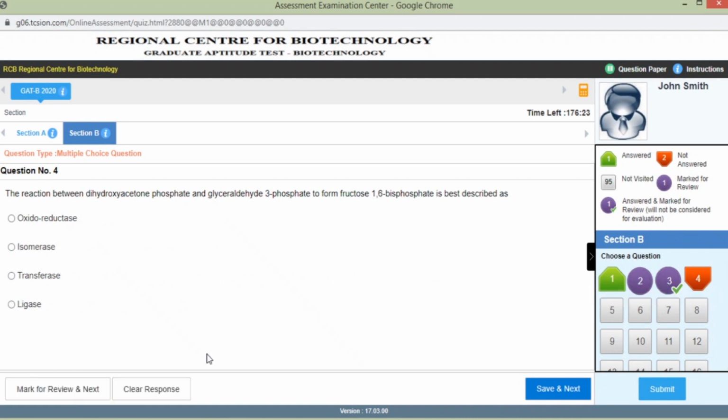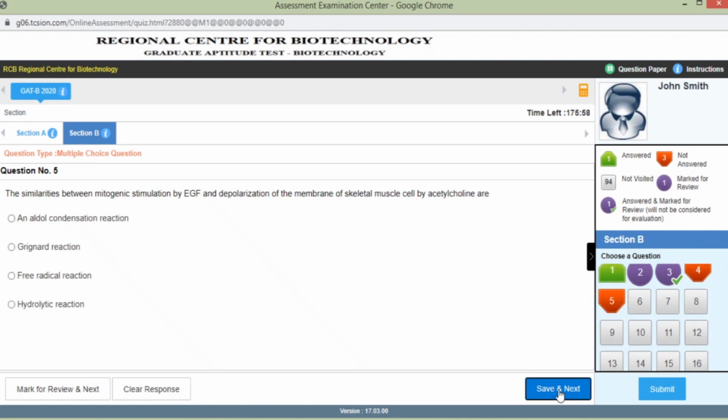So remember, there are 2 options: one is mark for review, one is save and next. These 2 will be saved. And there is one more called clear response. For example, you answered 3, but then you think no, you have to delete that answer. Then you can just select the correct answer. But in section B, where you don't want to answer a question, you can just click on clear response. So the response is cleared, and then you can go for save and next. I think I have explained almost all the things.